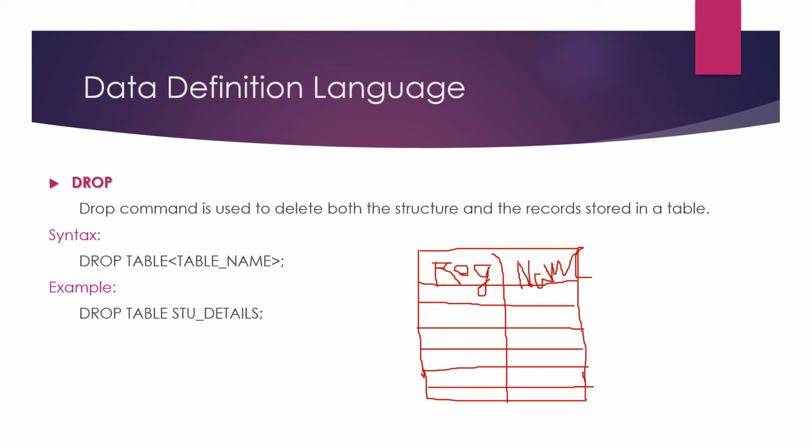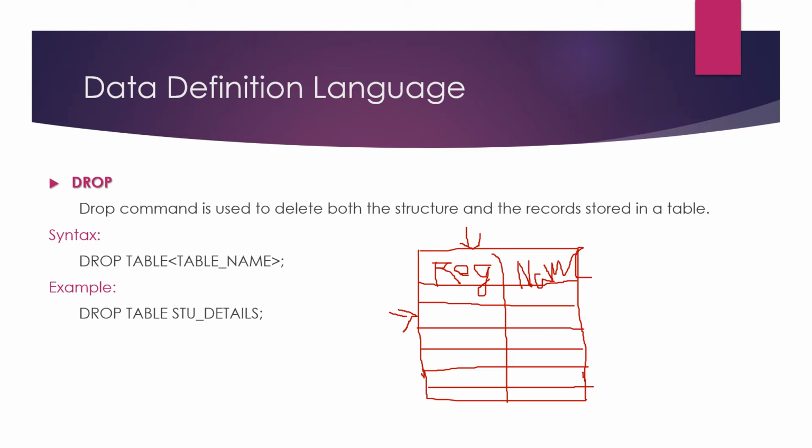In SQL or in any query language, in a table the column is also identified as a field, F-I-E-L-D, and every row is identified as a record. Okay, so each table will have a set of fields and records. Here we have two fields: first one is register number and the second one is name.